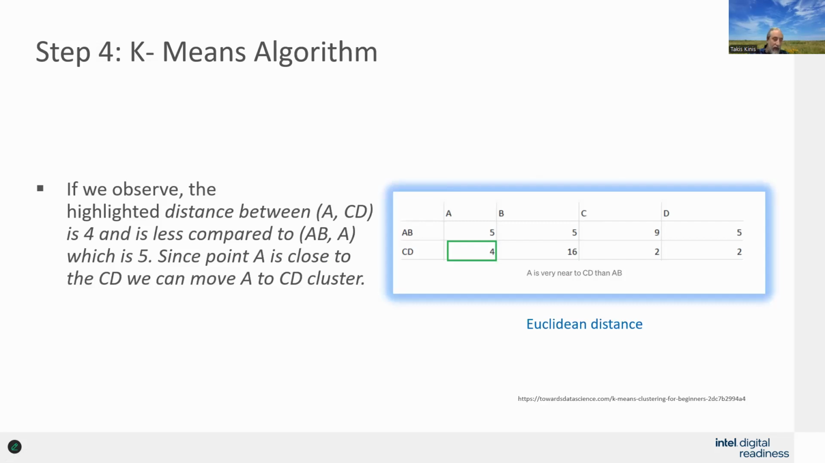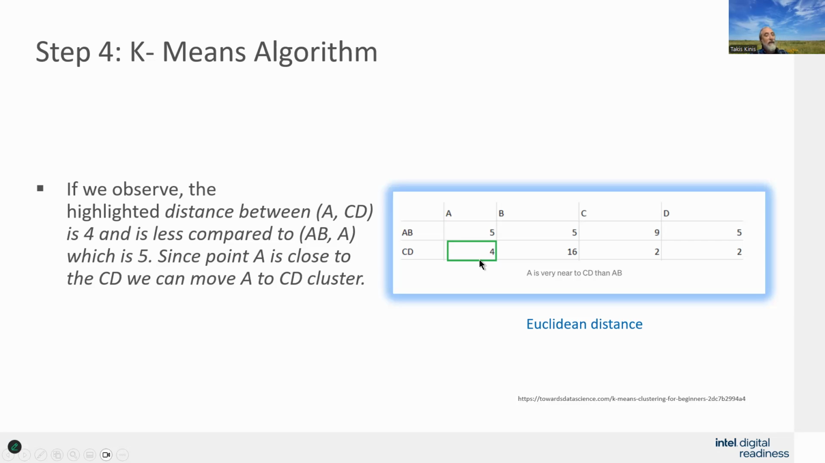All right, so they go through a whole basic proof here. It says if we observe the highlighted distance between point A and this centroid, so now we're taking each individual point and comparing it to the center that we've developed. We notice that the distance between A and this centroid is 4, and it's less compared to A and B. In other words, this number is higher than this one,